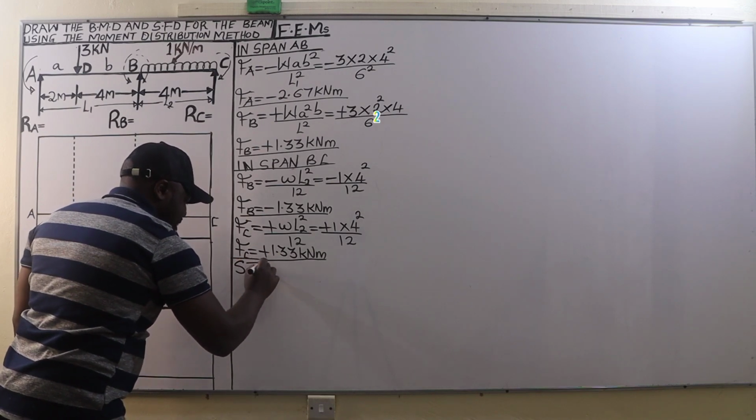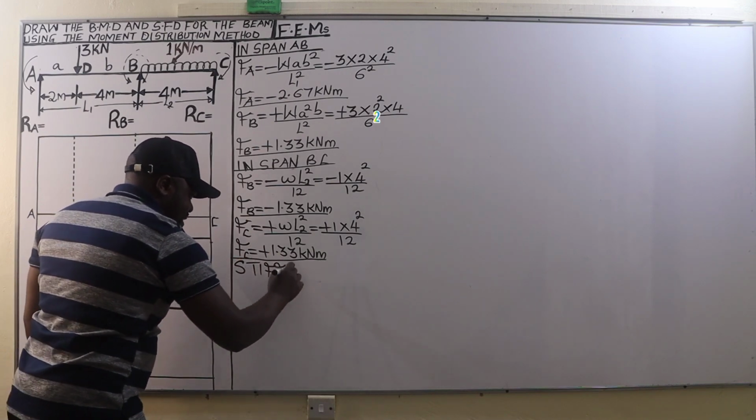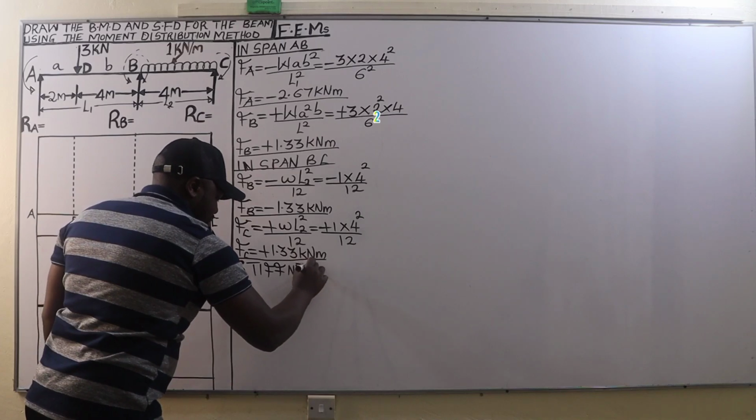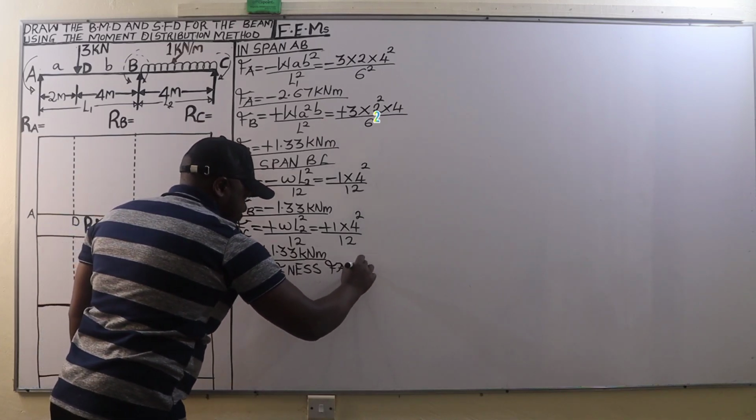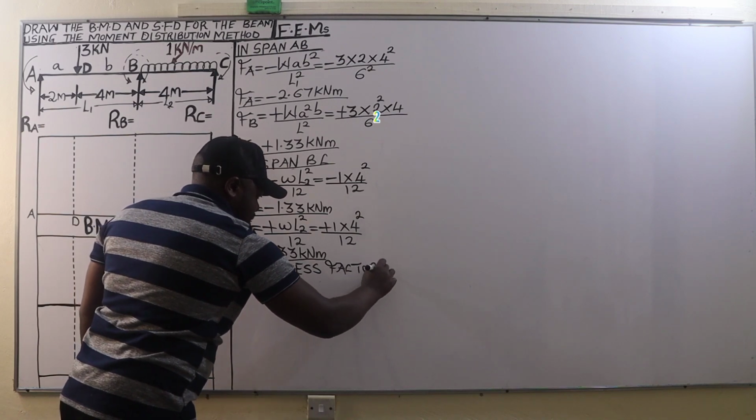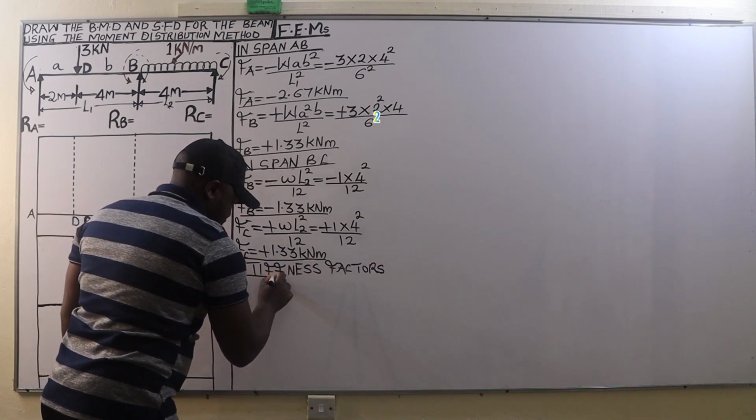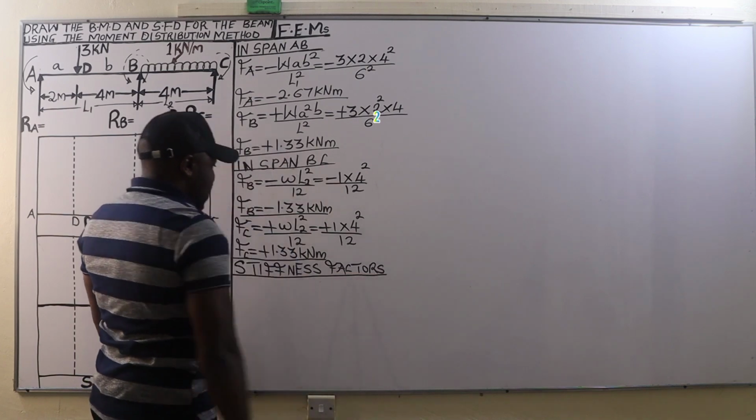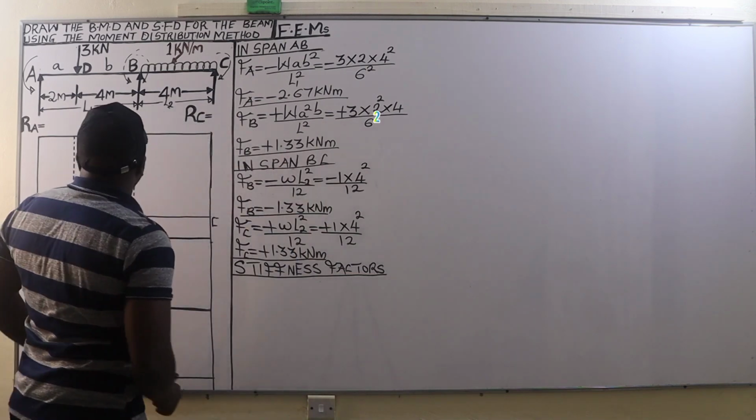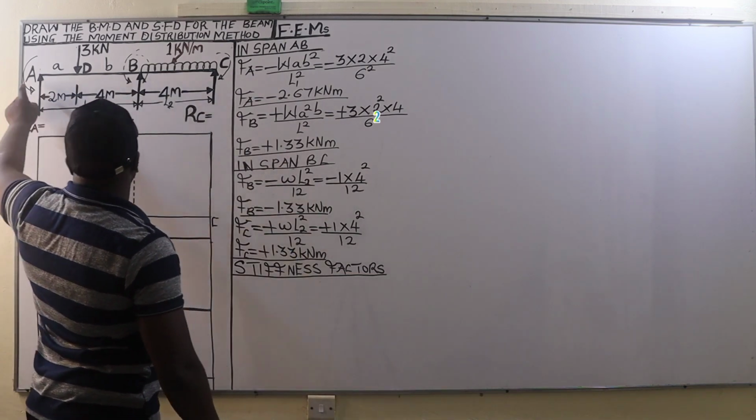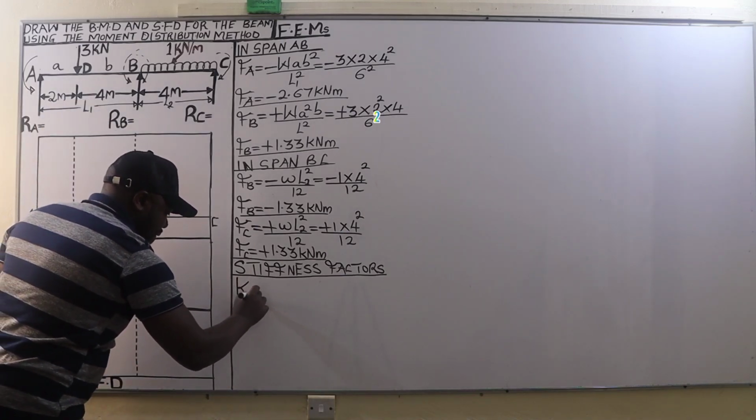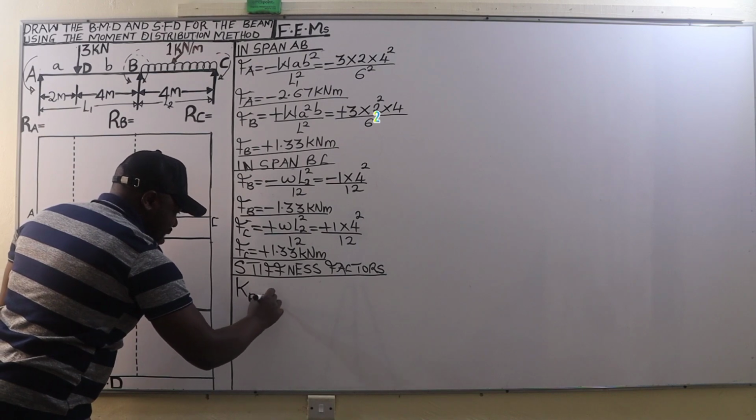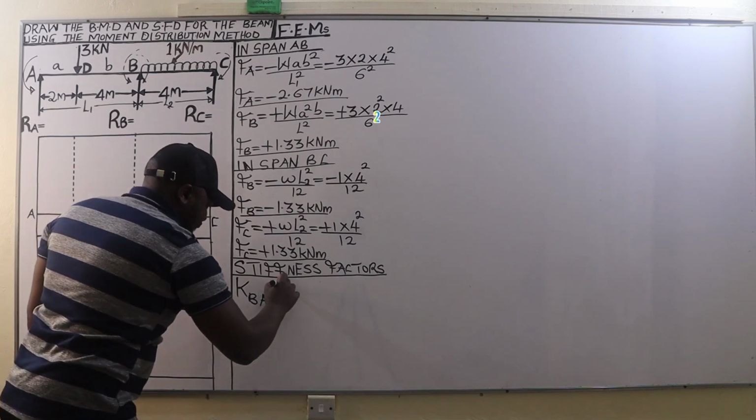After determining the fixed end moments on both spans, the next thing we are going to determine is the stiffness factors. So we go to stiffness factors. And in this case, we are going to begin with the span BA. So for the span BA, the stiffness factor, that is KBA, will be given by